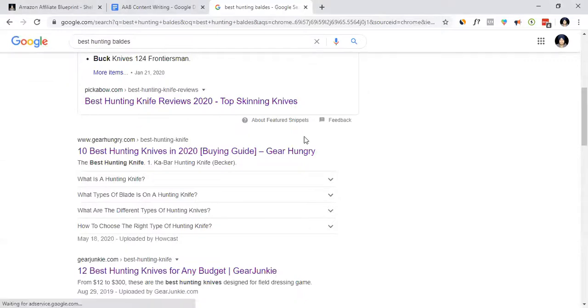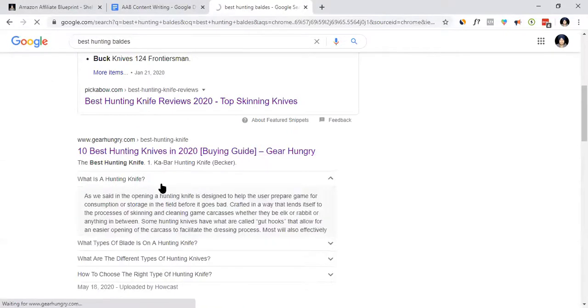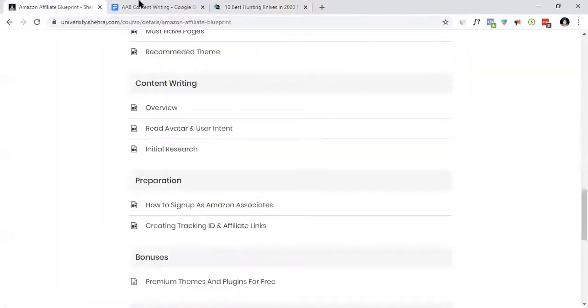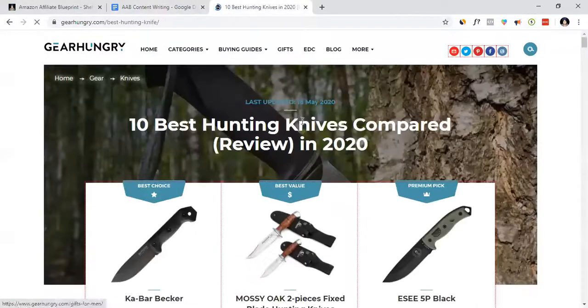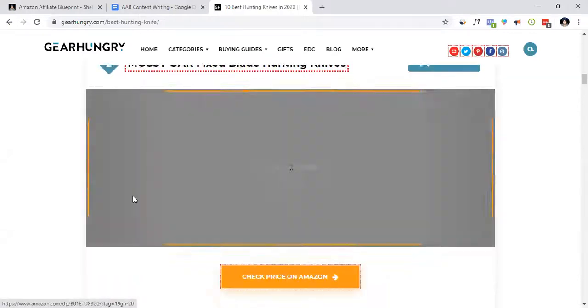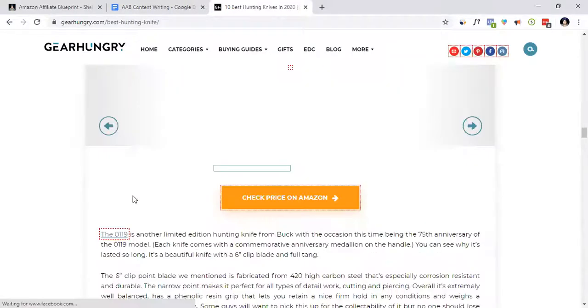Let's open this article. You can see this is optimized for featured snippet. Oh, sorry, FAQ as well. How you can optimize for FAQ, I will give you that lesson also. But that's a second scenario, right? So let me show you how you can do the same. So this is a guide. Let's see how they did the on-page SEO.